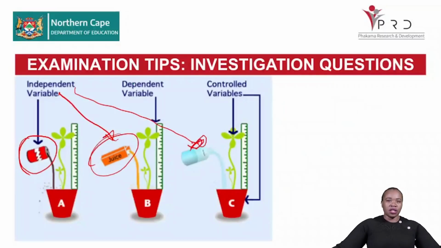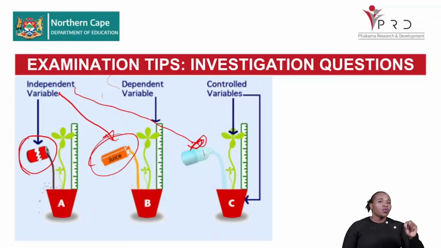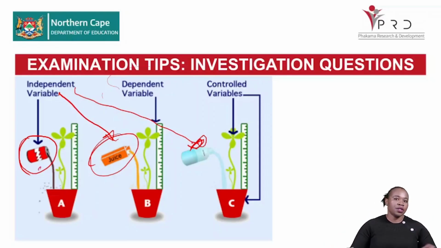So let's say we are doing an investigation. We want to check how watering a plant with these 3 liquids would have an effect on the plant. Now, that means the growth of the plant is our dependent variable. In all these pots, the growth of the plant is our dependent variable. The growth of the plant depends on the type of liquid that you pour into the plant. Right. Then the control. The control would be the